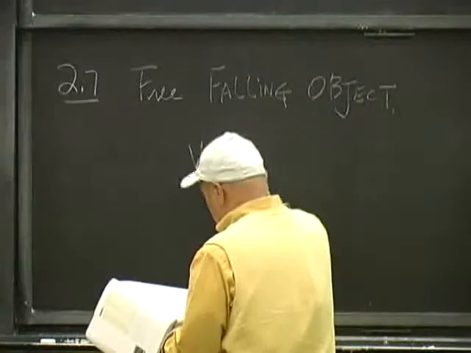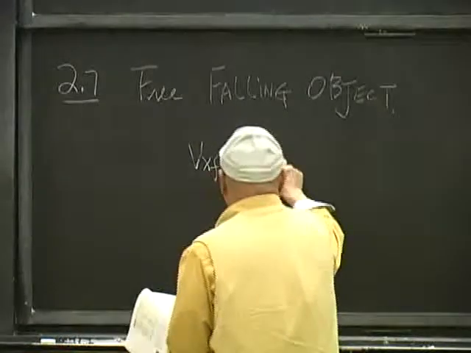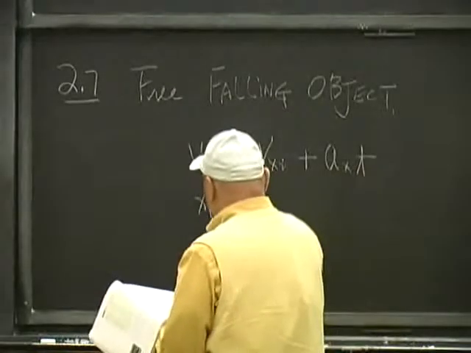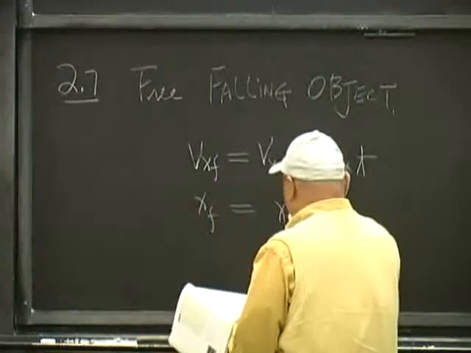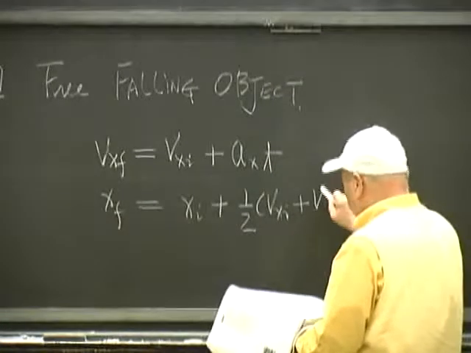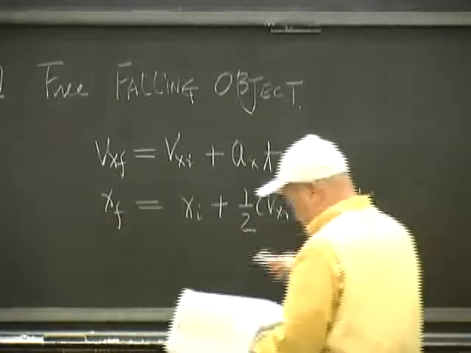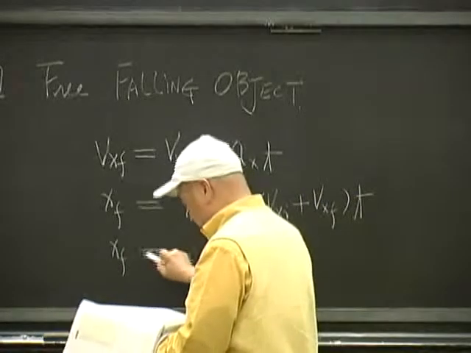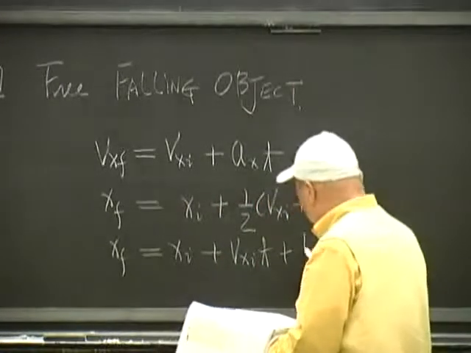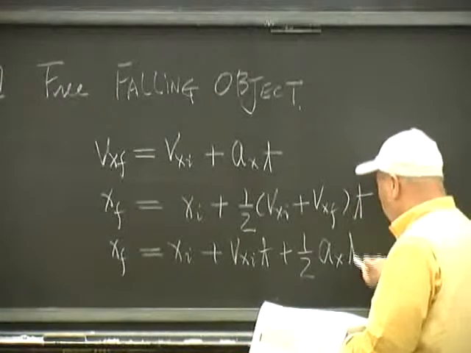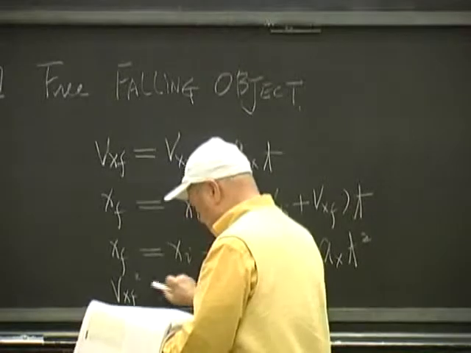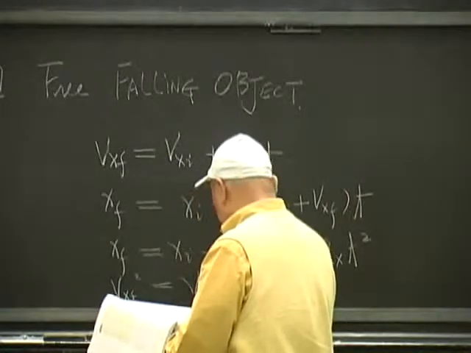The first is v sub x f equal to v sub x i plus a sub x t, and x sub f equal to x sub i plus 1/2 (v sub x i plus v sub x f) times t, and x sub f equal to x sub i plus v sub x i times t plus 1/2 a sub x t squared. Then the last one is v sub x f squared equal to v sub x i squared